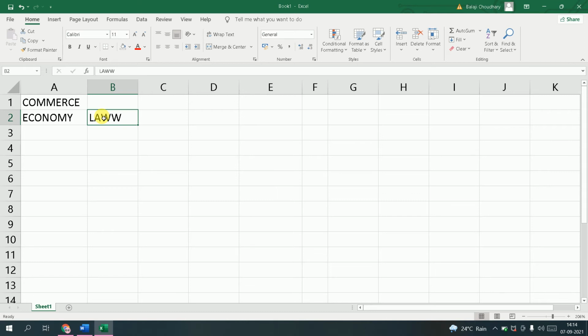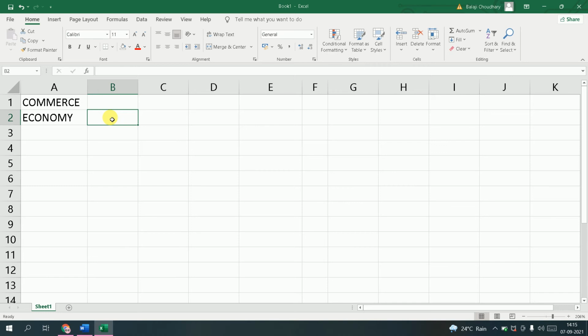So therefore the point to be understood is that the escape key will work only for removing the data until we have not saved the data. But after saving, if you want to delete it, select the cell and press delete from your keyboard. For example, let me again click here. I will now press delete from my keyboard. Now this is deleted. So till now you understood how to save the data in a cell.